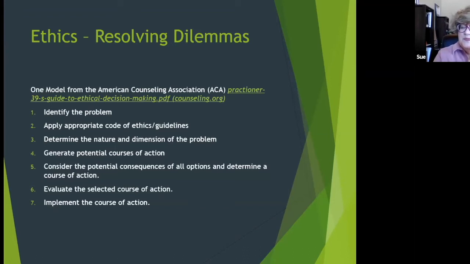Absolutely. Okay, I'm going to read what's come up on the chat box. When a professional is licensed but receives supervision from the director of a clinic, what responsibilities exist for the director? Okay, so if I understand that question correctly, this is somebody who's already licensed, but part of the requirement of being employed at this clinic is to receive supervision from the director of the clinic. That sounds like that's the question.